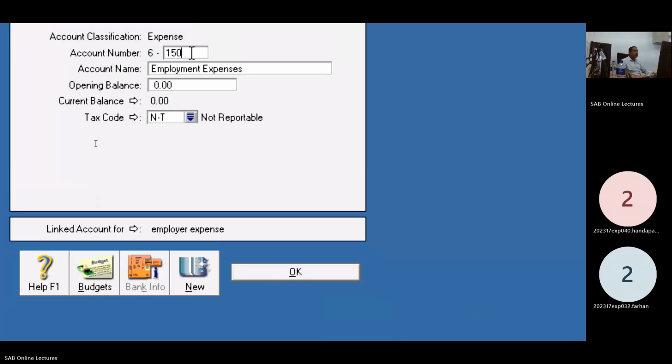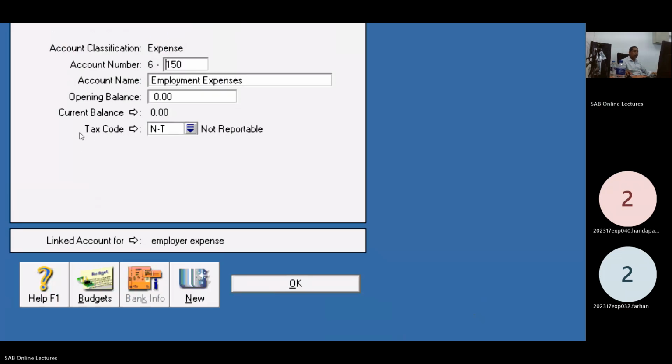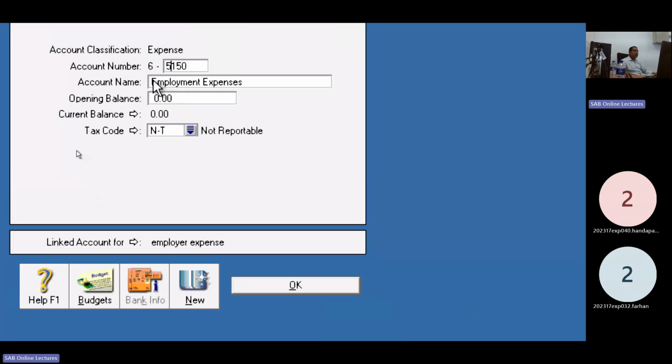The last account in the wage and employment section, 5,150. Other employment expenses. Not reportable. Got this point?